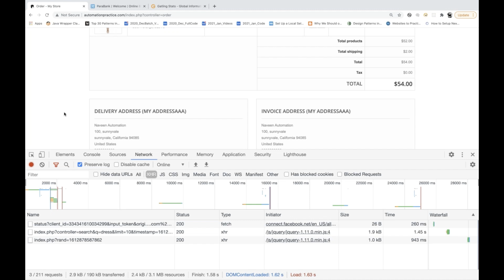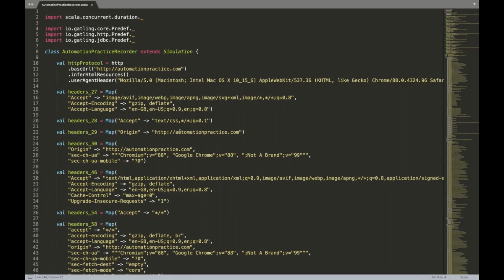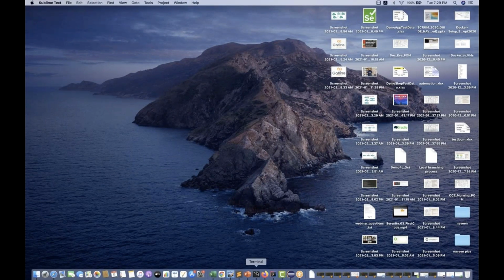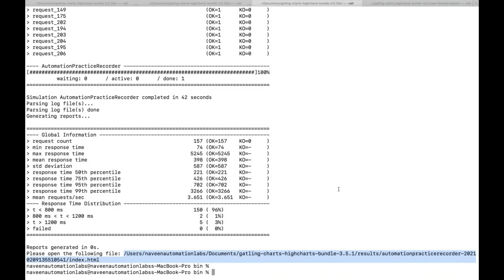That I'll tell you in the next video. So let's do one thing. Let me just close this and then go to terminal and start the recorder once again. And this time let's take some more complex example, a better example to understand this particular concept.